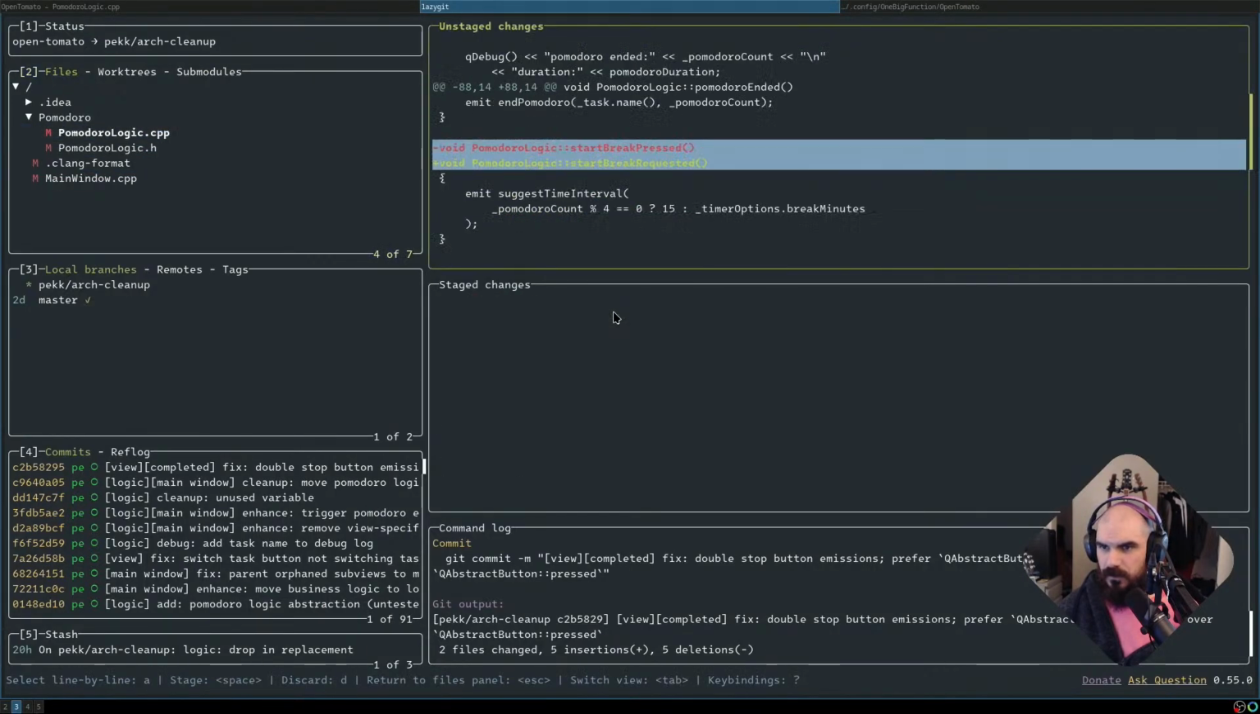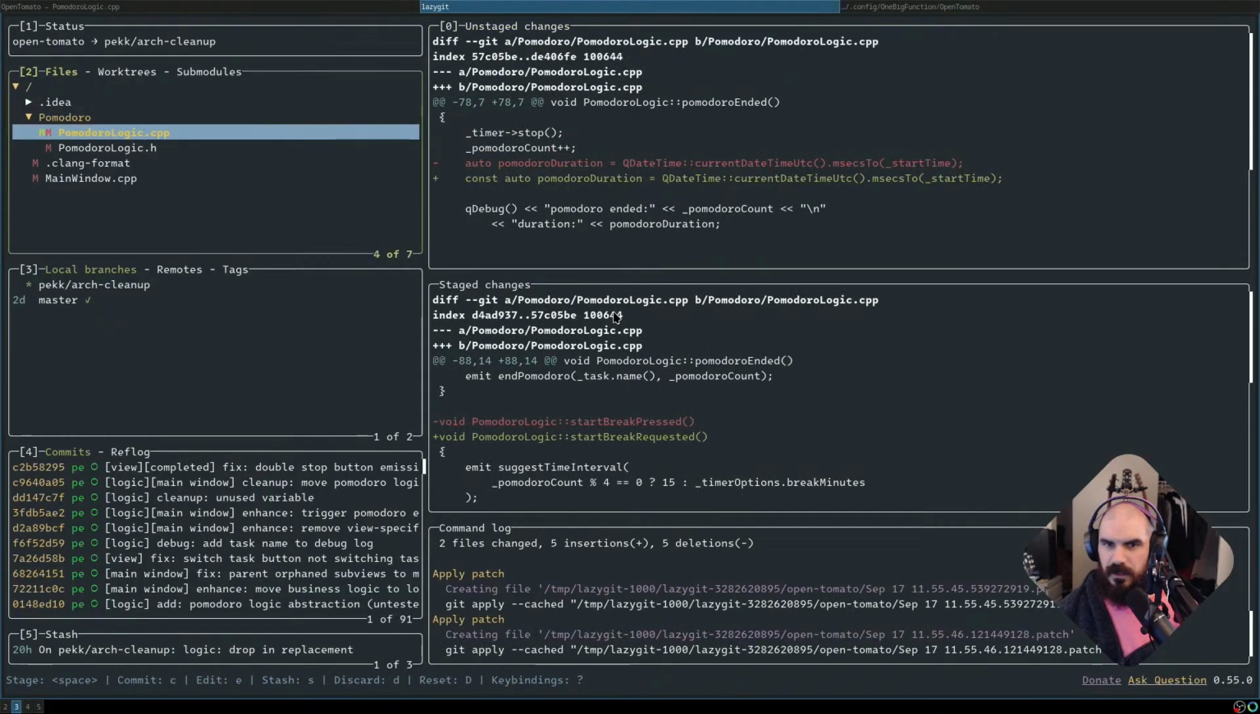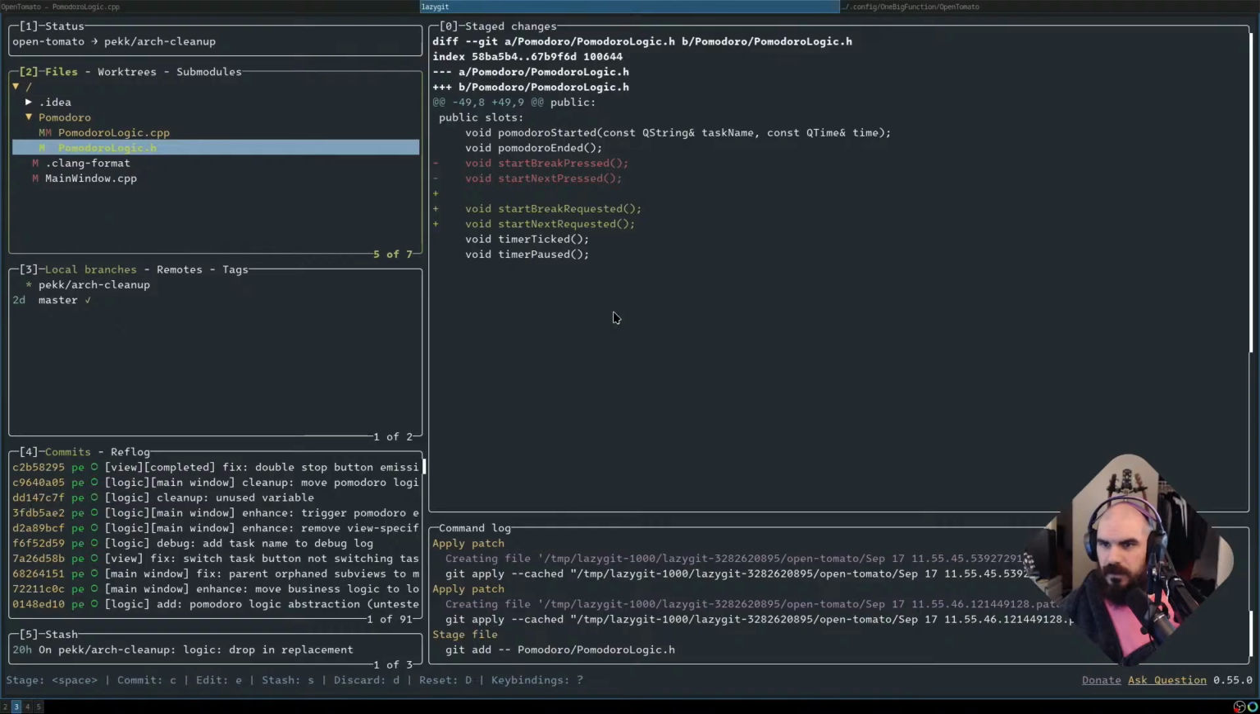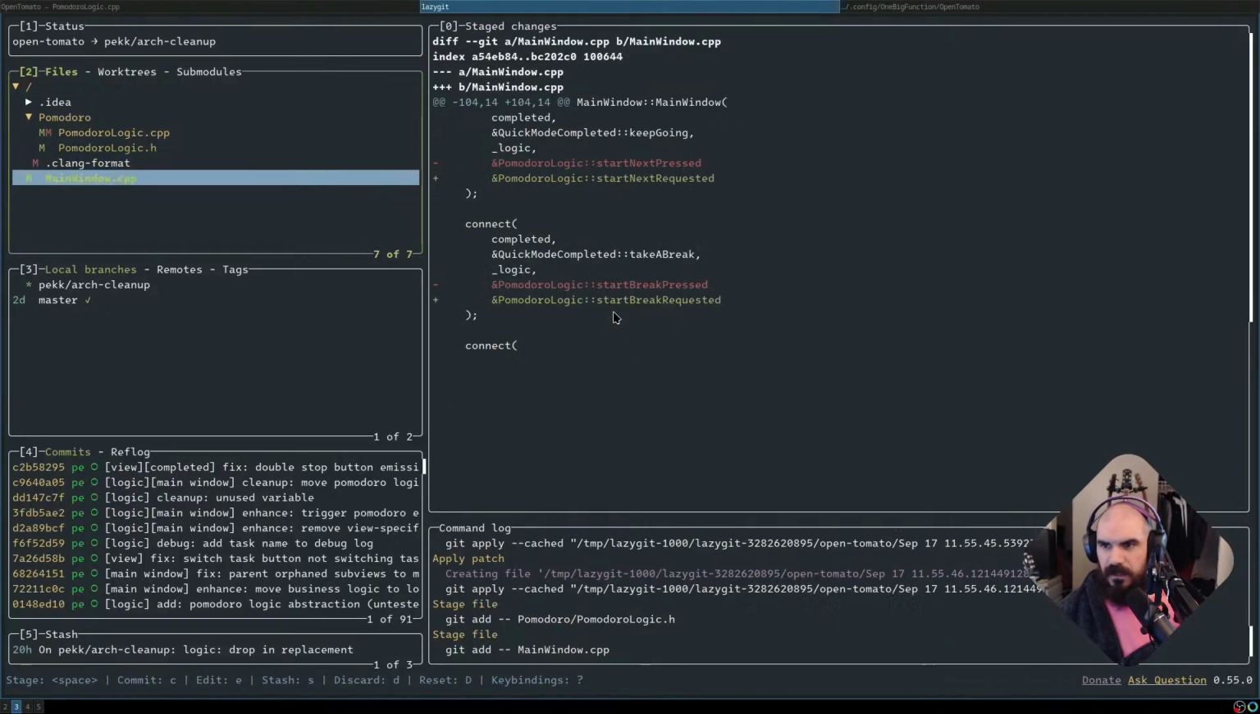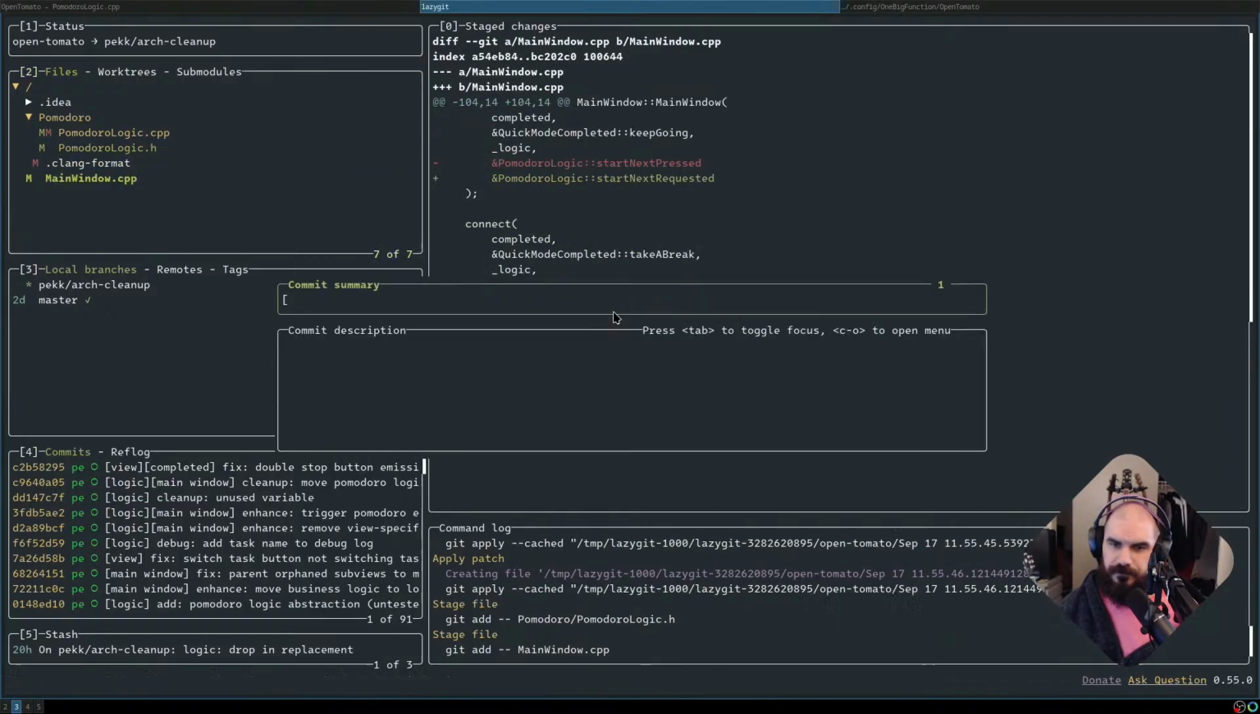So here we're going to skip this one. We're going to add those. We're going to add that change. We're going to add that change. It's going to be logic and main window. And we're going to say cleanup. Use requested. Prefer requested